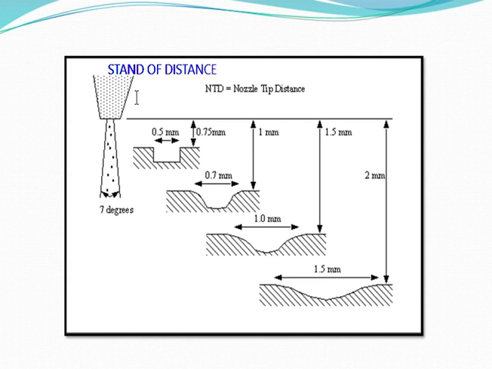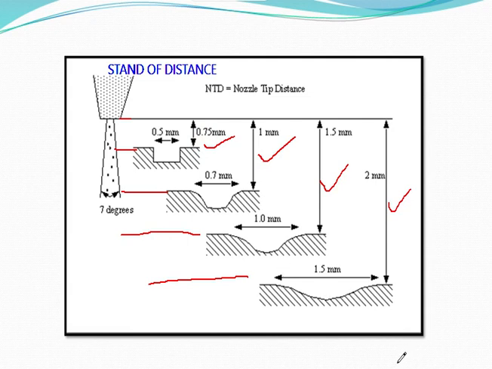Okay, it is particularly termed as standoff distance. Basically, standoff distance is defined as the distance between the face of the nozzle and the work surface of the work. So you can see here, this is the nozzle, isn't it? And this is your workpiece. So these are the various standoff distances you can see. We are going to study what happens to the machining if the standoff distance varies.